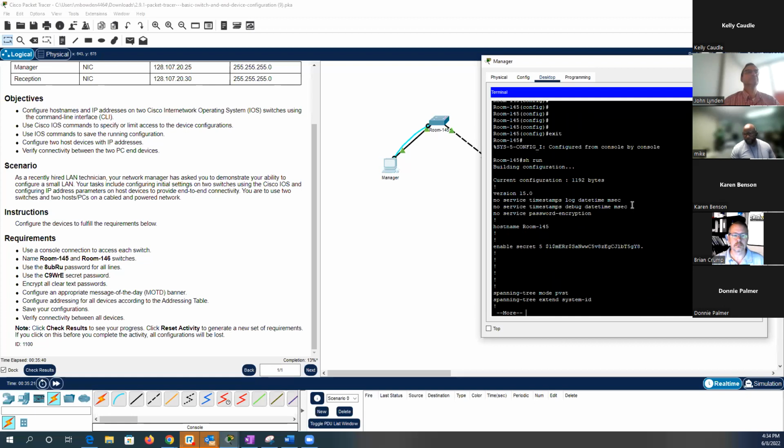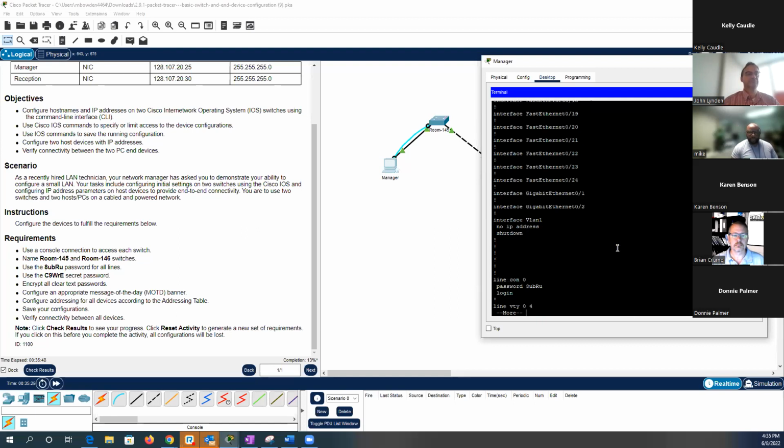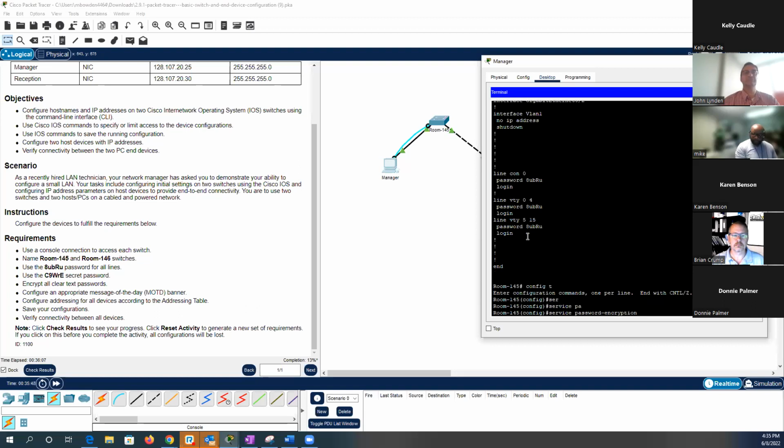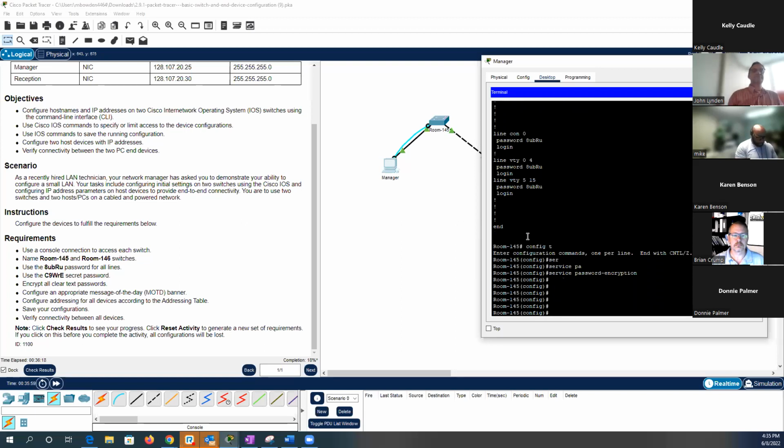Now if I look, my enable secret, since it's a secret, is going to be encrypted from the start as soon as you put it in. But your line console passwords, we see that they're still plain text. So our next step is to encrypt all clear text passwords. We're in configuration mode, and to do that we want to use the command service password-encryption. It's going to encrypt any clear text password we have already configured. So I hit service password-encryption,